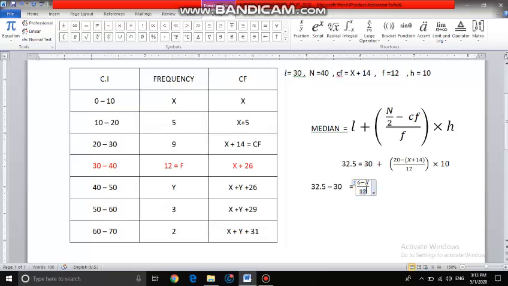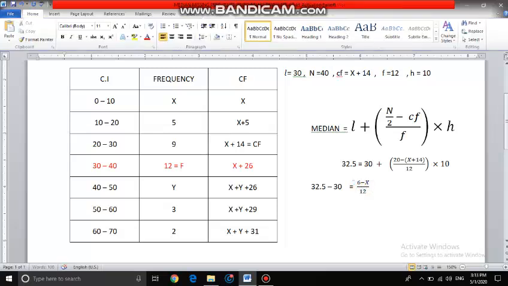Here it will come as 12, and it will be multiplied with 10. Okay. So next step, what you get is 32.5 minus 30 will be 2.5 equals to